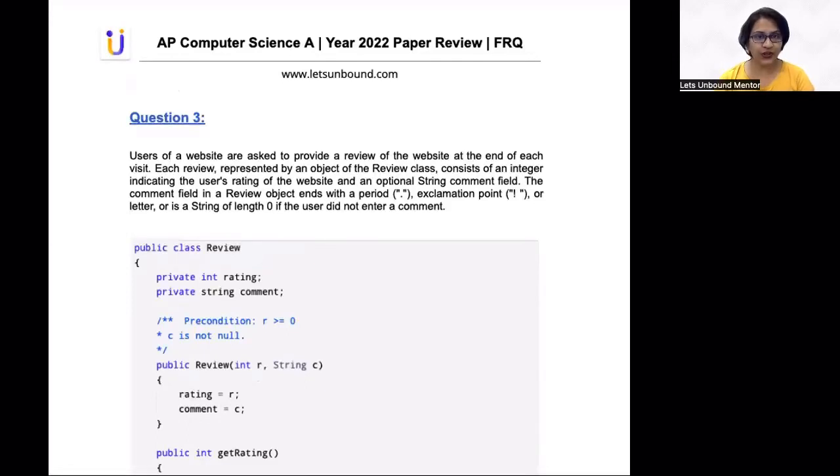Let us now look into our third FRQ. In this question, users are visiting a website, and at the end of each visit, they are supposed to give a review about the website. Each review is represented by an object of the Review class, which consists of an integer indicating the